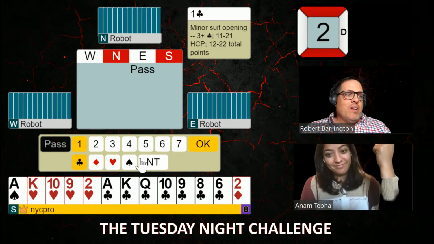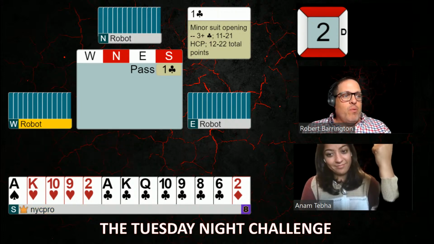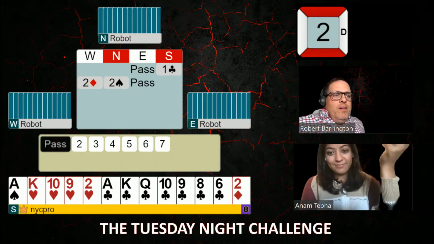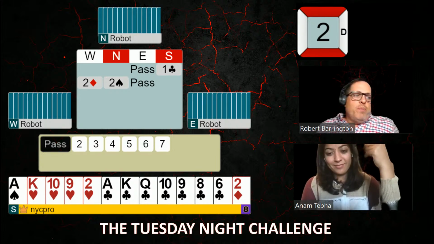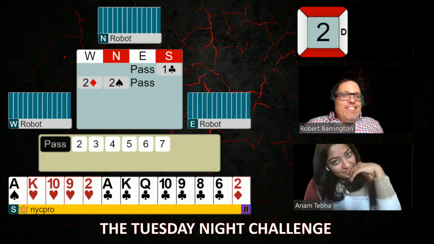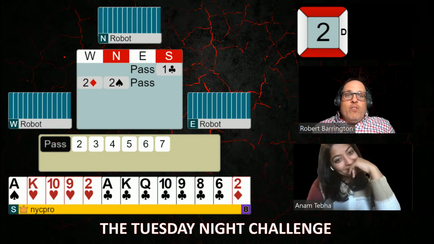So we're going to click our 1 club and we're going to see where we end up on the way back. There's our preemptive 2 diamond bid. And there goes partner with a natural 2 spade bid, and now it's back to us. Now, this is great. If the chat can stop honoring on them for 2 seconds,